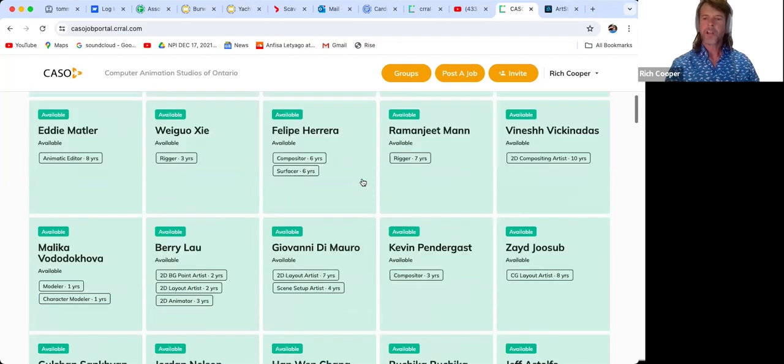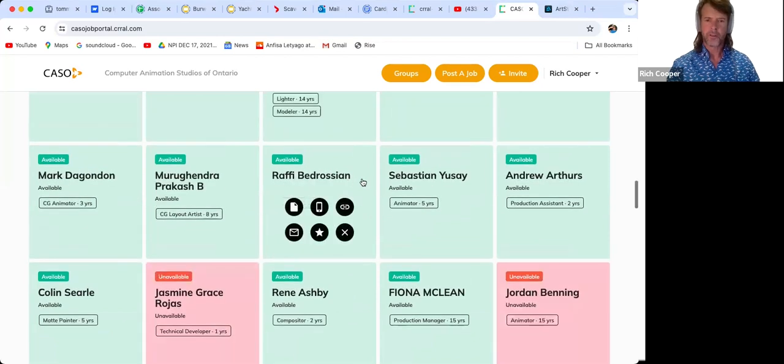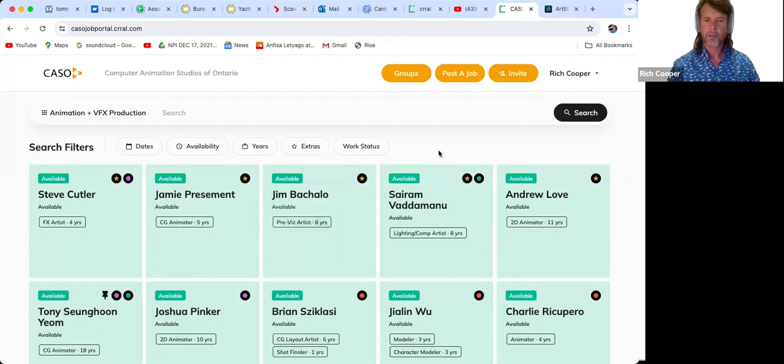There are already hundreds and hundreds of professionals on the portal, soon to be thousands. So how do you make sense of it all? How do you curate this list so that your favorite best people always appear at the top of your searches? How do you quickly use the search tools to narrow down this amazing giant pool into your best candidates? And how do you create groups of people that are going to save you time and time again? We're going to do that in this tutorial and learn how to post a job.